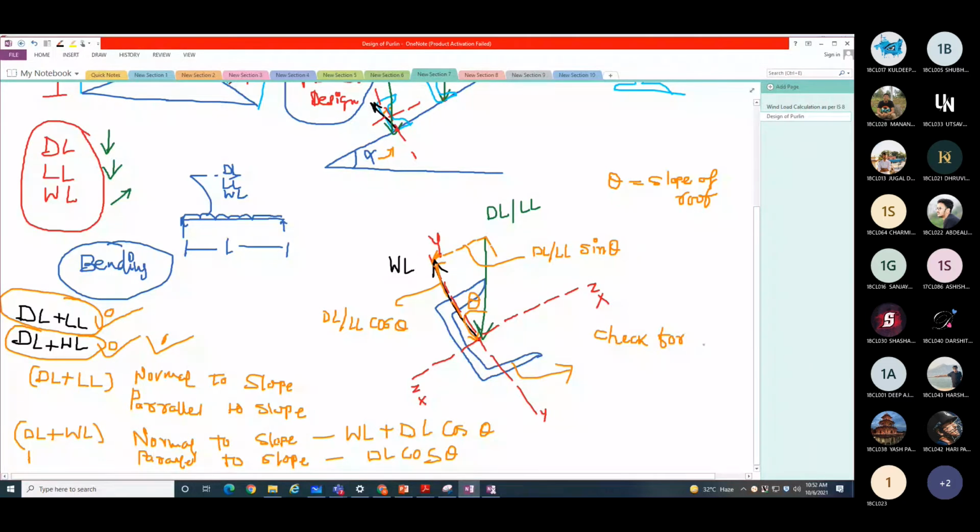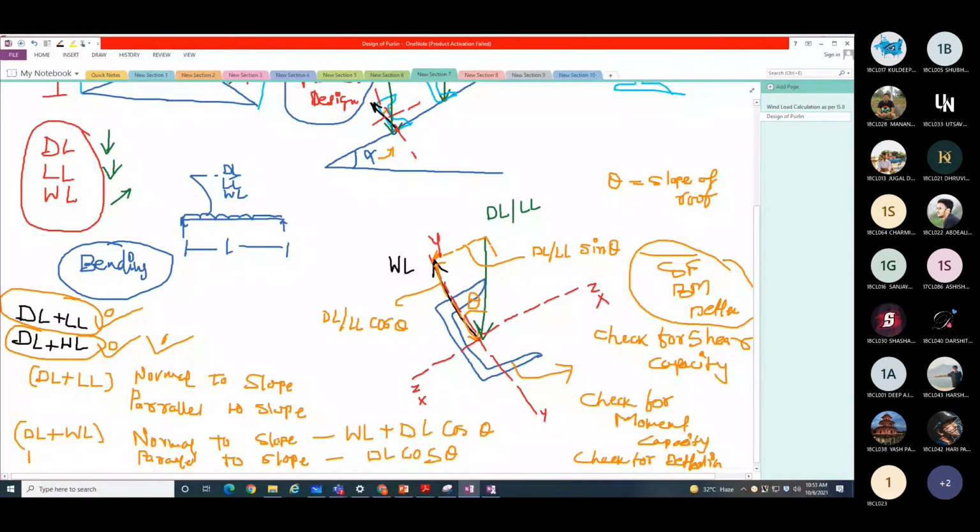Now tell me what you have done in beam design, steel beam design. कुछ याद है? चेक फॉर shear कैपेसिटी किया था आपने. यस मैम. और दूसरा चेक फॉर मोमेंट कैपेसिटी किया था. याद आया. और लास्ट में आपने क्या किया था? चेक फॉर डिफ्लेक्शन. ठीक है. स्टील बीम हो या रेनफोर्स कंक्रीट बीम हो, बीम है मतलब उसका शेयर फोर्स आएगा, उसका बेंडिंग मोमेंट आएगा और उसका डिफ्लेक्शन आएगा. राइट. रेनफोर्स कंक्रीट बीम हो तो भी शेयर फोर्स के लिए डिजाइन करना होता है, बेंडिंग मोमेंट के लिए डिजाइन करना होता है, चेक फॉर डिफ्लेक्शन करना होता है.